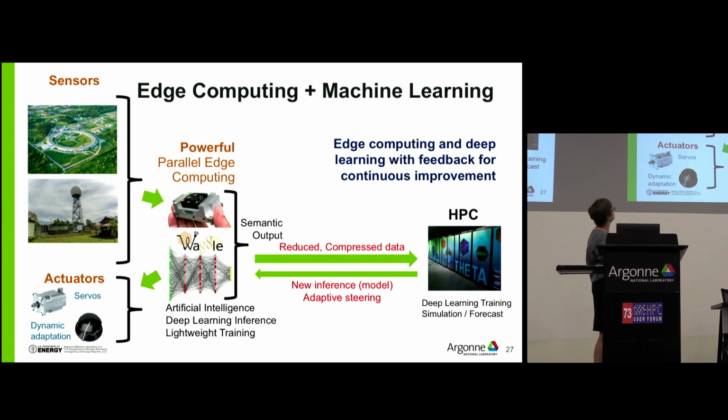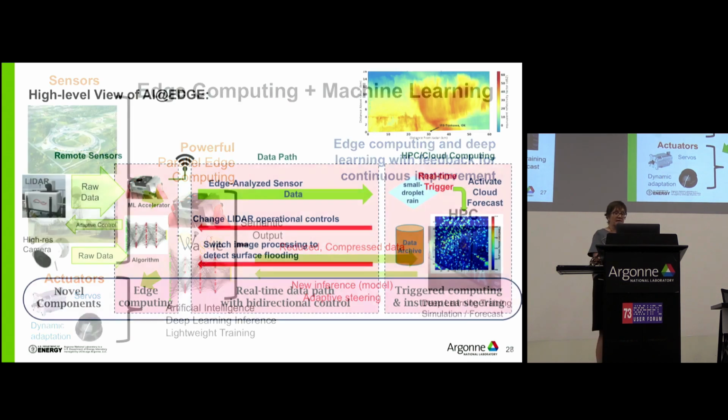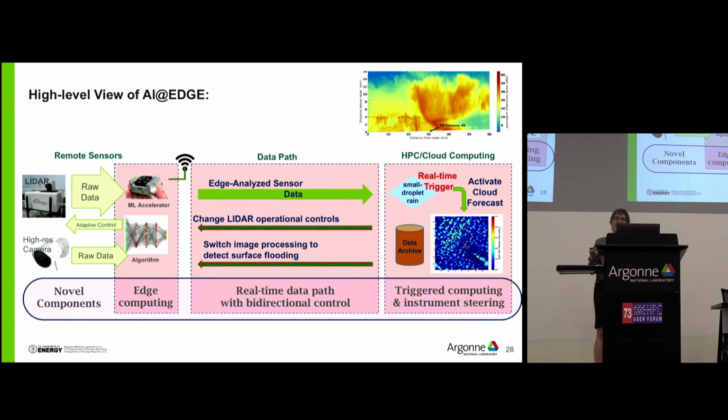And so we've partnered recently with ARM, the Atmospheric Radiation and Measurement Facility. It's an Argonne facility in the southern Great Plains in Oklahoma, and they have a tower there, and we're looking at how to take what we're doing here and apply it to LiDAR data. We're also working with some folks at the Advanced Photon Source, our big light source over here that also generates lots of data. And the idea now is that rather than having this static system, we want to have this interactive system.